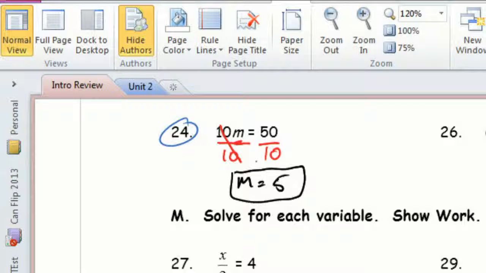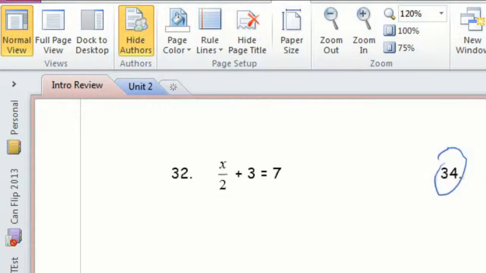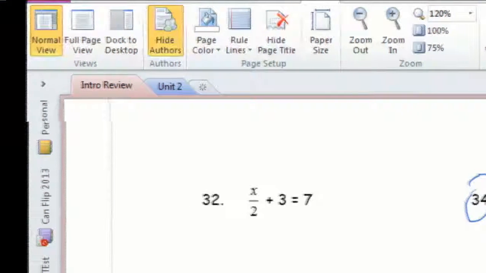Now, it's possible the answers are wrong for these. And if that's the case, just let me know. But that's 24. I think that was one of the questions. I'm just going to take another peek. Algebra 1, number 24. So Anna, hopefully that helped you out. And the other one was number 34 from the same sheet, which is a really good question to go over. So I'm going to scroll down here to 34.